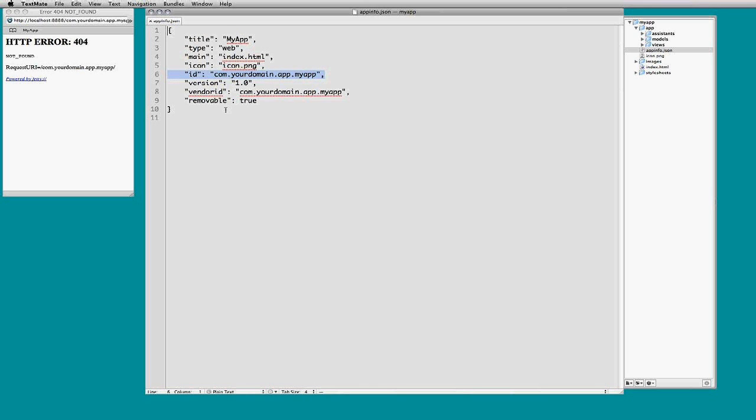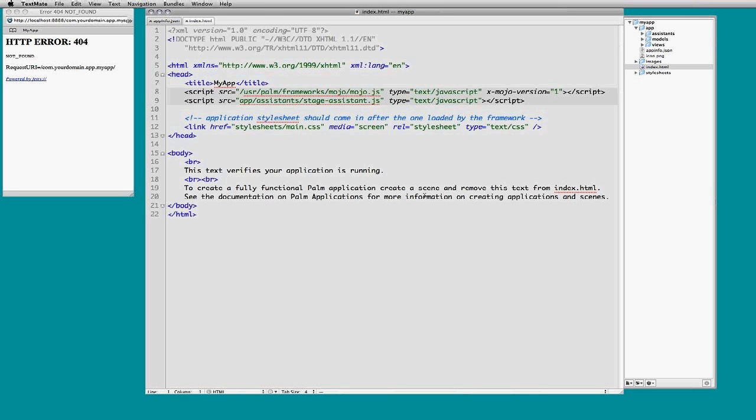And all these keys are required for apps to be loaded. I'm not going to go through all of them. Another one of prime interest is the title, which shows up at the top of your card. But this is our main configuration file. There's an icon for the launcher. You might store images in your images folder. We have a fairly conventional